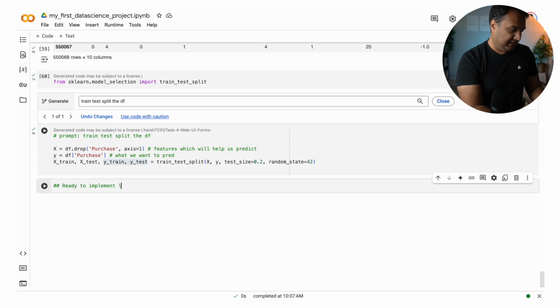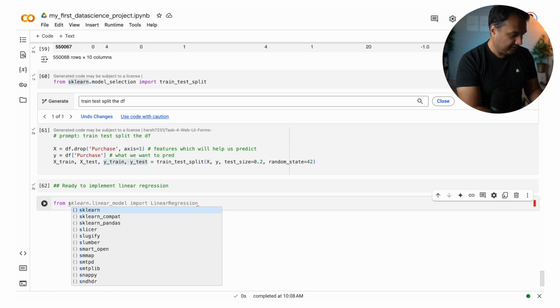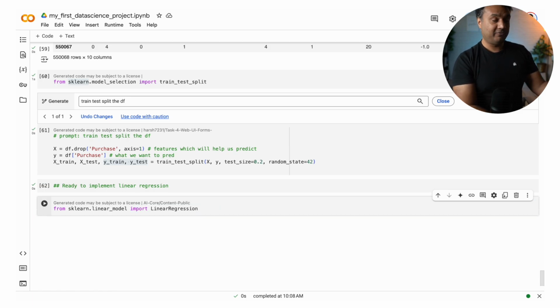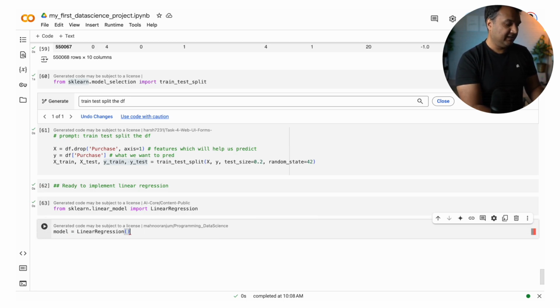Okay, linear regression. So how do we do that? Well, again, we go back to this library, scikit-learn, which is our new friend, and we'll try to import linear regression. Okay, sklearn, import linear regression. So it has guessed from my previous comment that I want to use linear regression. Pretty cool. And how do I use linear regression? So this is my model. First of all, I am telling that my model will be linear regression. So my model is equal to linear regression, and please don't forget to add the parenthesis.